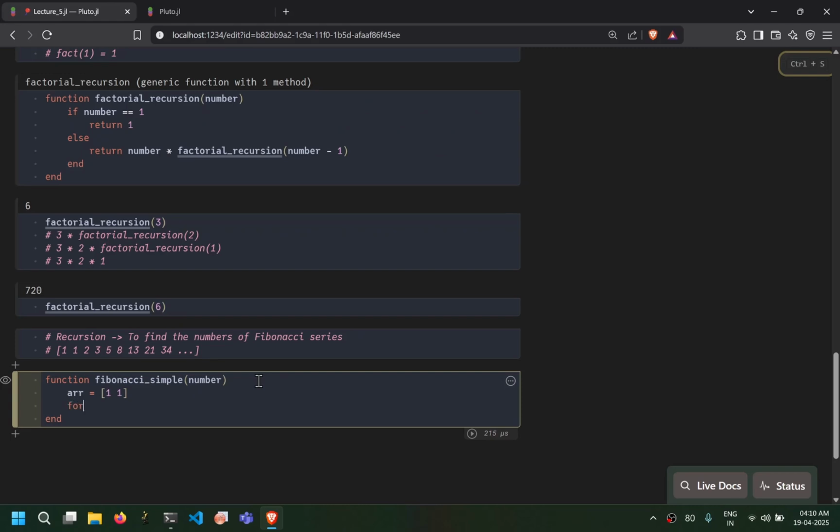Again, for the generation of other elements, we will do a for loop, and this will go from 1 to n minus 2. Sorry, this will be number minus 2. Why? Because we have already defined two numbers, so we only have to get n minus 2 more. So what it will do is